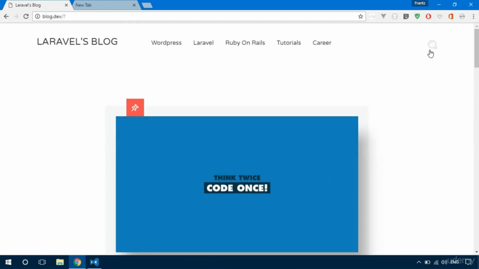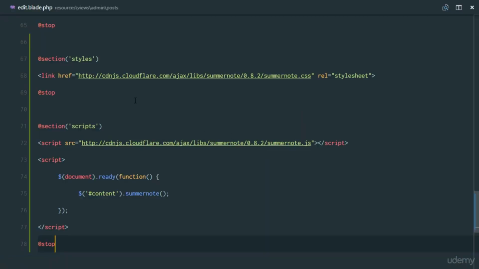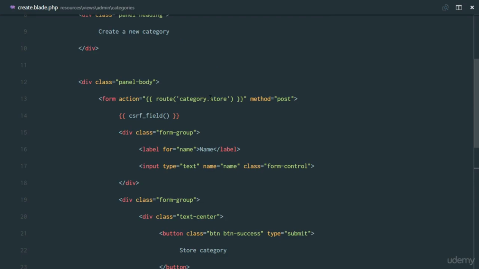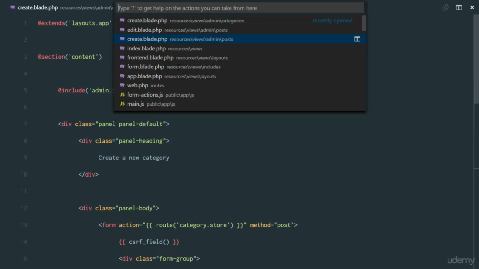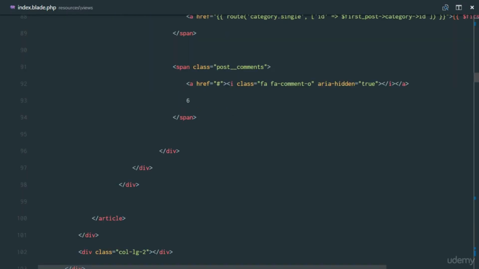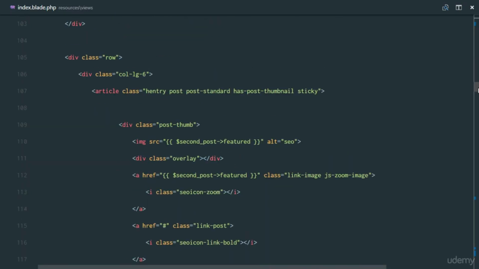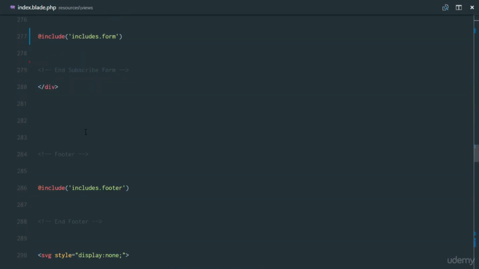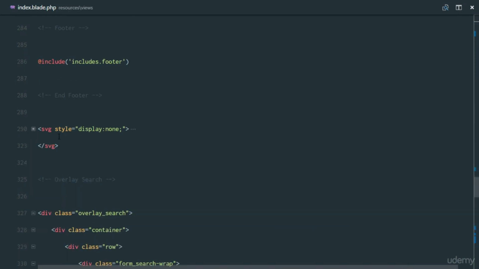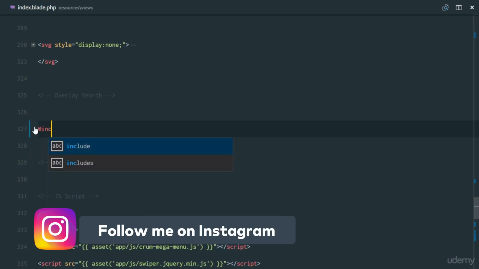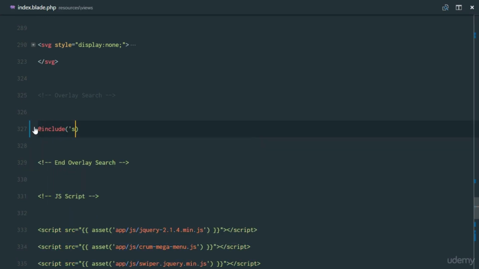Right here on our home page, we are not using the correct form. Okay, so let's go ahead and also solve that. So this is our index.blade, and right here what we're gonna do is we're gonna cut out the overlay form. So I'll reduce this, and right here where we have our overlay, we're gonna remove it. Okay, so I'll remove this overlay and I'm gonna include it. So I'll say include